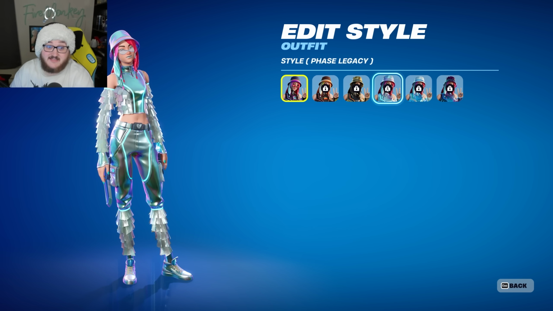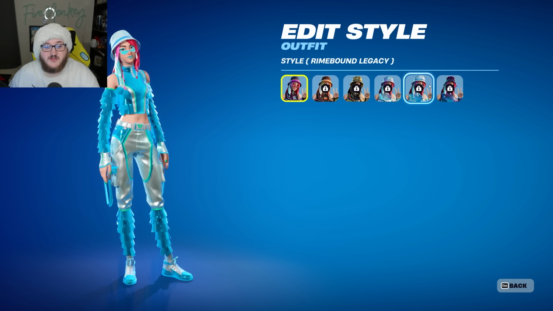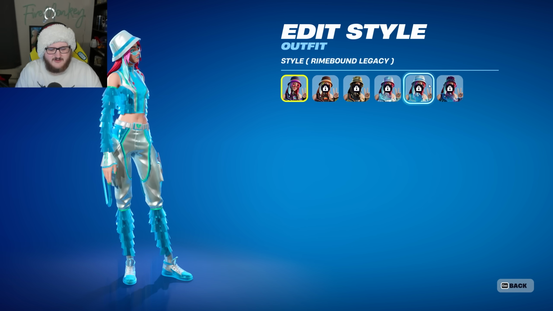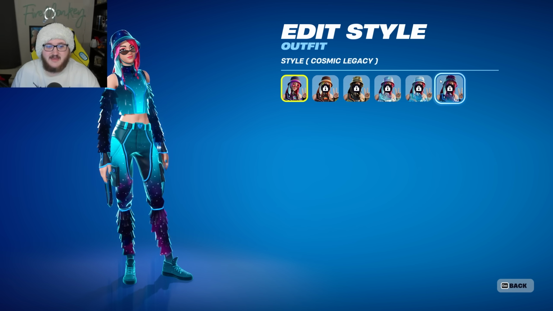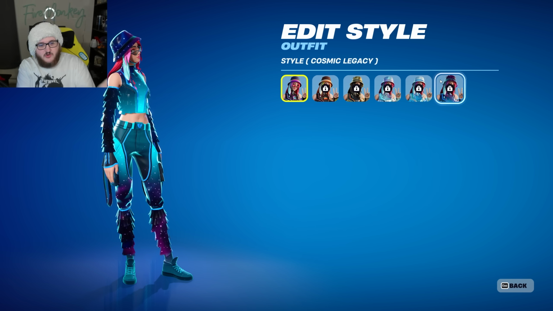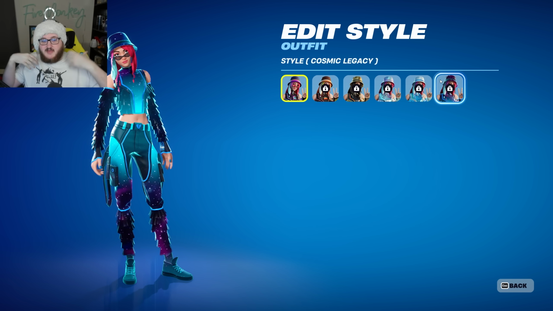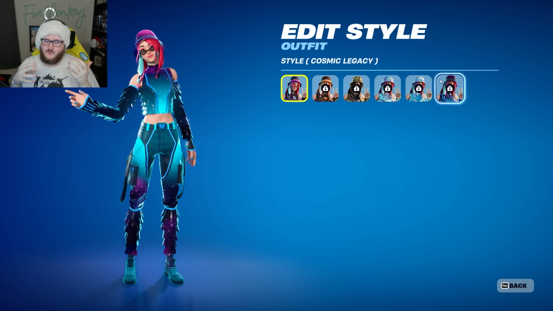We go over here to the Phase Legacy, you start seeing more of that little shiny glow going on for some reason. We go to the Rhinebound Legacy, where you can see a nice little blue design going on there. I really like the Rhinebound on this skin in particular. And then we end it with the Cosmic Legacy once again, which has a nice little design going on. I love how the sleeves are more like a darker blue, and then the middle chest piece and everything else in the hat are more of that whole entire